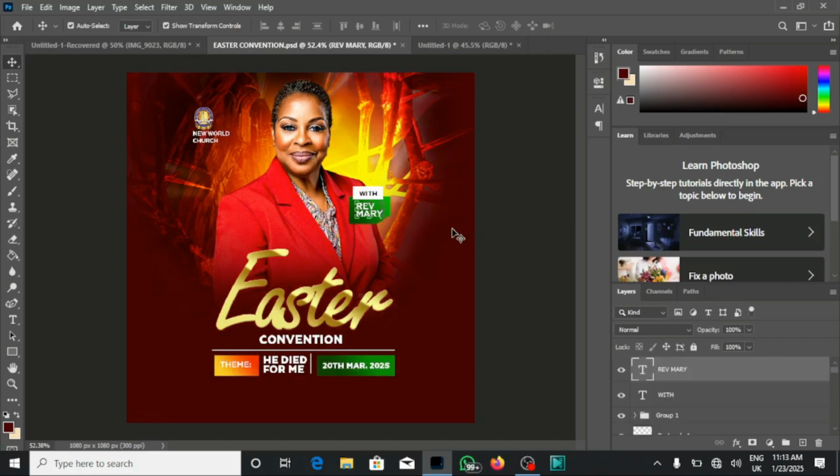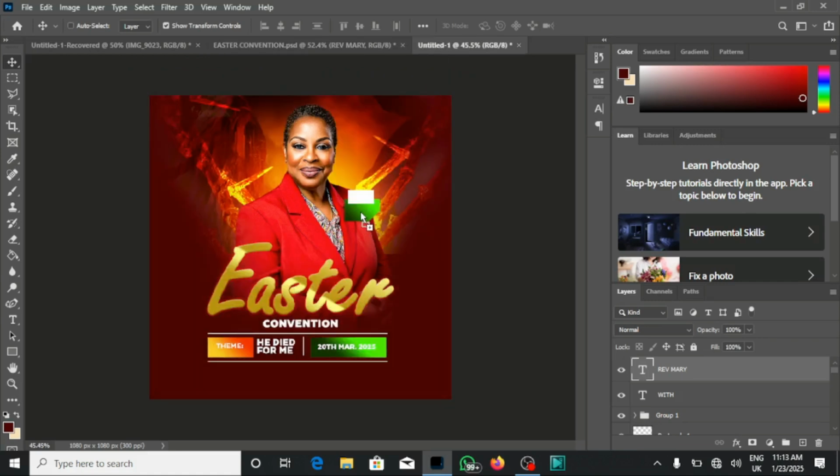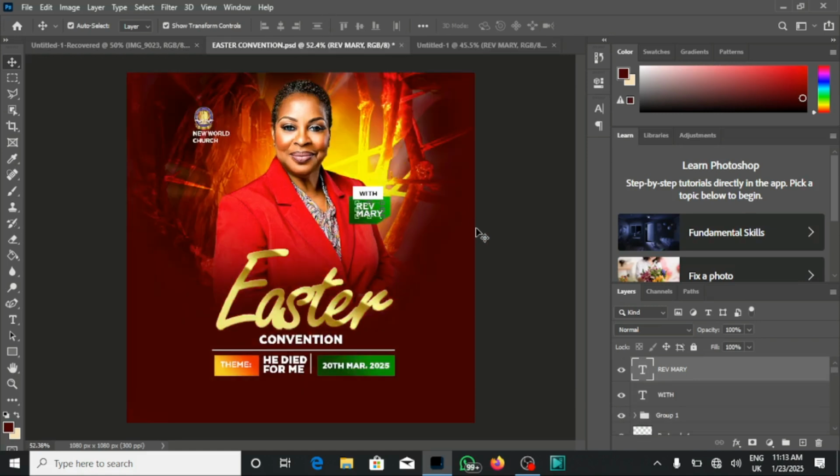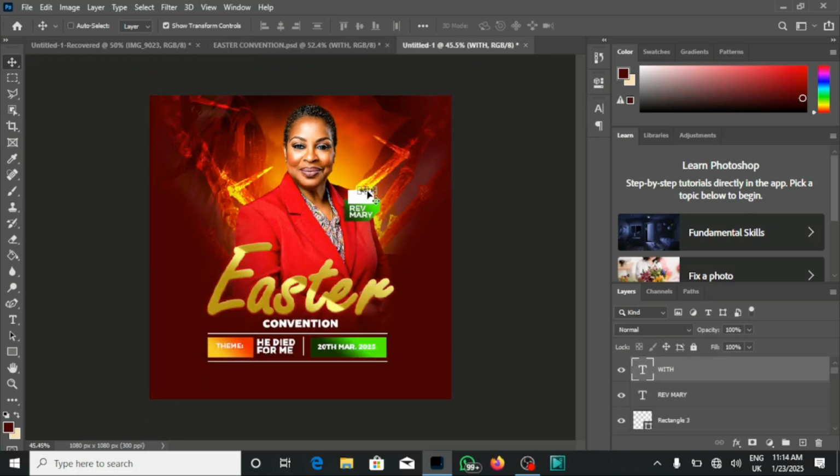So let's just copy this text. Let's click and copy this text and then paste it here. I'll actually show you how to check your spellings without moving up your eye when looking for word by word. That is actually stressful. Photoshop caters for all of those things. So we actually have to place it here. So it's Reverend Mary,